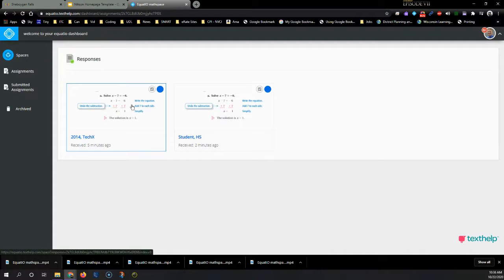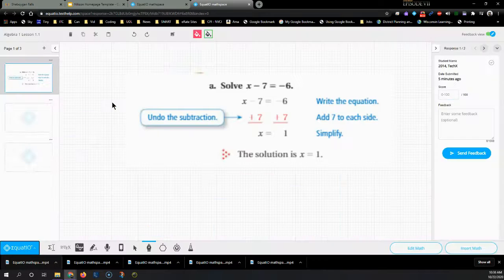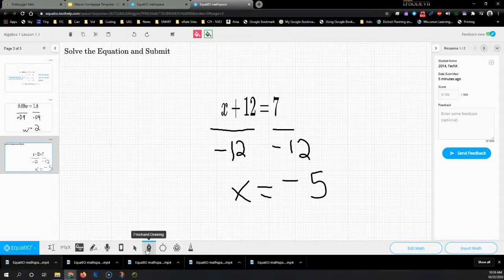And now you have the different students. So now you are able to see that they've responded and can give them feedback. So you just click on the first one here. And then you can go to here, and you could add feedback right here. Hopefully this works better. Great